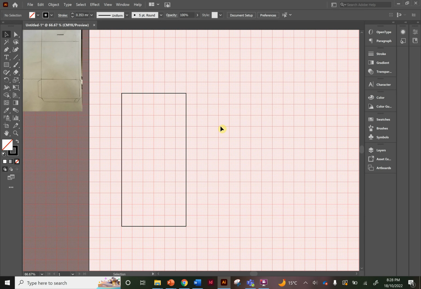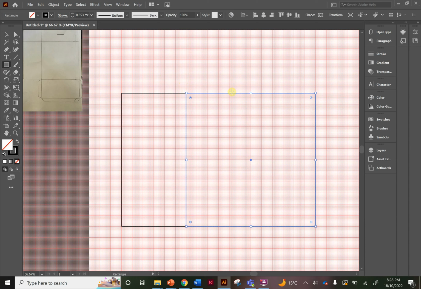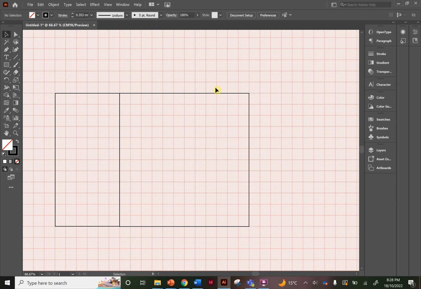If you want to be super accurate, when you use your rectangle or shape tool, you can simply click on the page and you can enter the measurements that you need. For my next square, I'm going to make it 120 millimeters wide and 120 millimeters high. And I'm going to hit OK. And as we can see, that makes a nice, consistent shape,